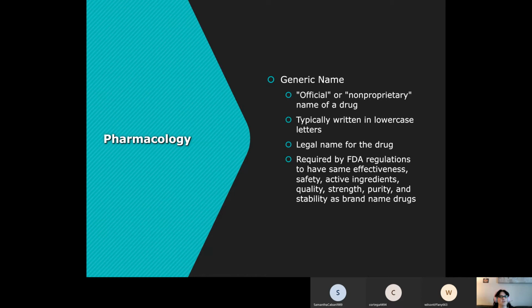So when they started coming out with generics, she found it fishy, shady, and she was real suspicious. She's like, I don't think they work the same. And some people in their mind will be like, oh, it's not the same. But technically, it is chemically the exact same drug. But you still have people who swear to God that they can only take the brand name. So that benefits the proprietor, and that allows them to continue to charge more